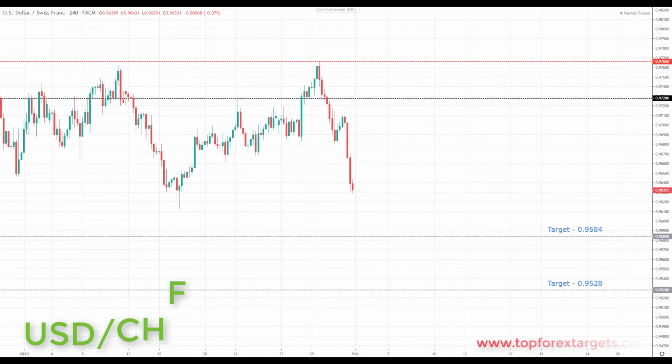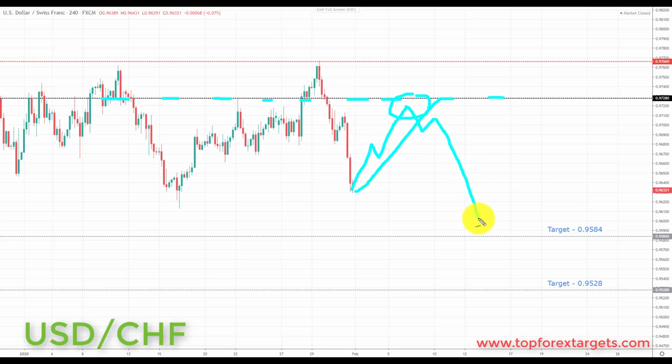So the next market we're going to look at is US dollar Swiss franc. Now we start the week below a key area of broken support from the past, looking to turn resistance at 0.9728. Any pullback in this area, and preferably if we can come back and retest broken support turning resistance, this would be a great place next week to start to look for those bearish setups. And we're going to be looking at initiating shorts if we can get those bearish setups in this market down towards the next key area of support to the downside and the target set, the 0.9584. And if we can get a break through here, we're going to be looking down towards the next key area of support to the downside and target 2, the 0.9528.